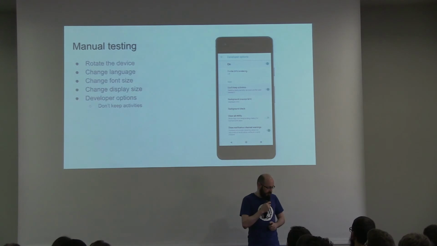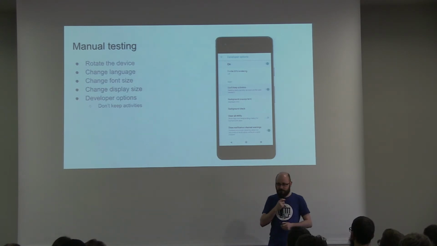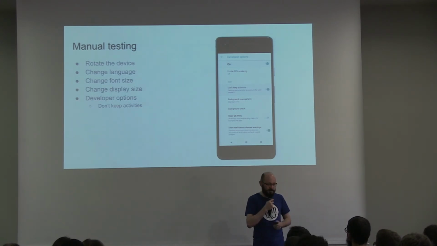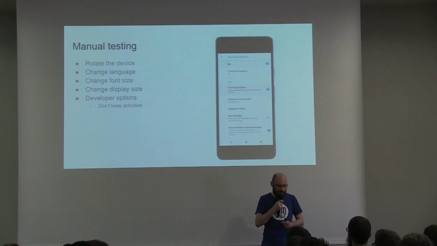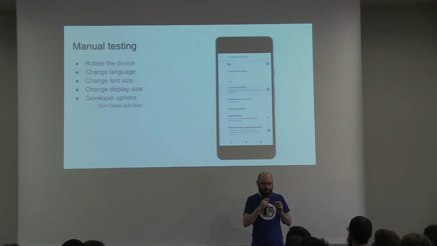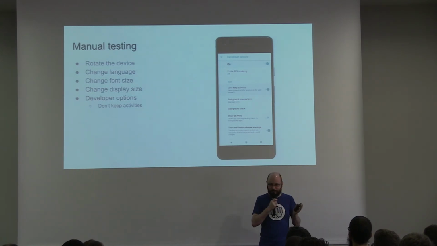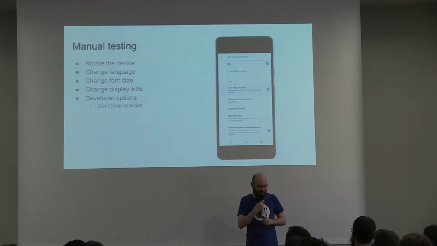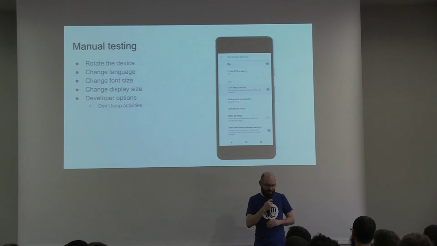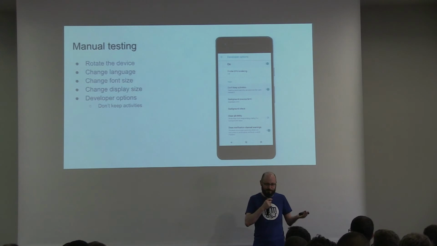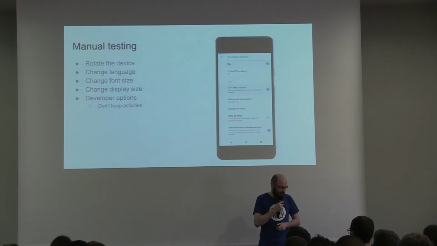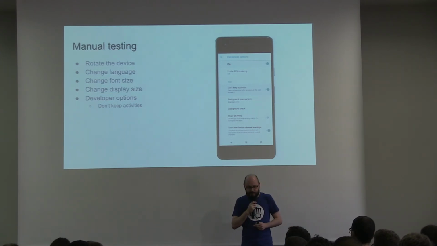There's a fun developer settings option that for some reason a lot of users have enabled. I talked to one person, and they thought it optimizes their Android because it keeps the memory clean or something like that. And I think they were also using it for privacy reasons, right? Because if I don't use the activity, just clean it up so nobody can use the data. I don't know. So what Don't Keep Activities does is,